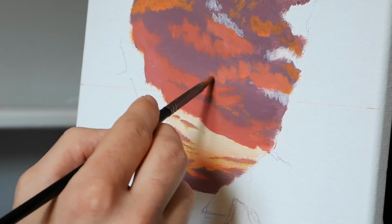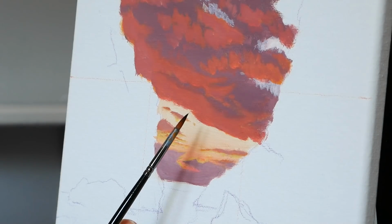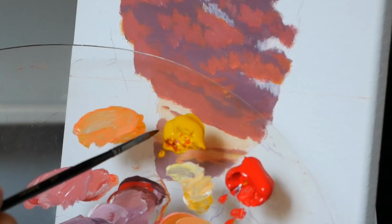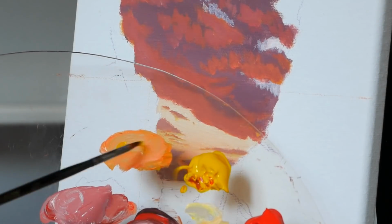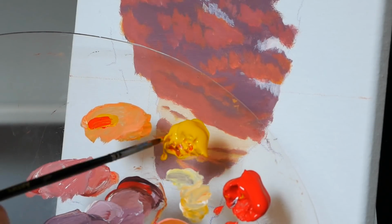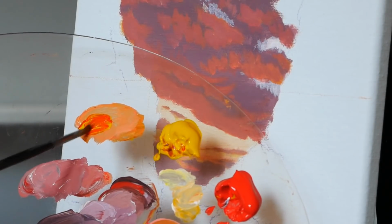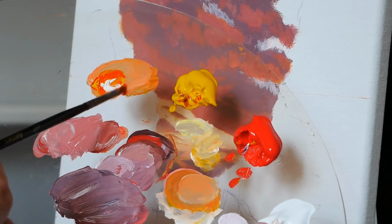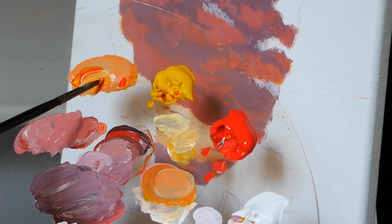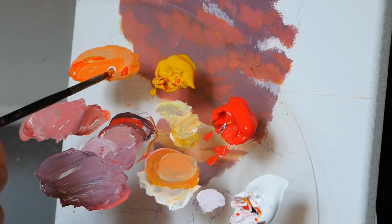So now that that's done and dry, we're going to switch back to the smaller round pointed brush. Again, this one is about 1/8 of an inch, and I'm going to mix more of the orange that we initially tried working with. And this will apply a lot better now that we have a slightly brighter, slightly more orange base, but I am going to make this mixture slightly more pink. So it'll be similar to what we had with just a touch of extra red. We also want it to be fairly desaturated,